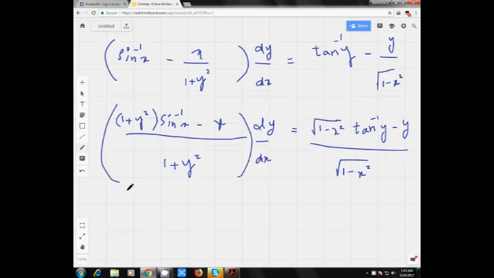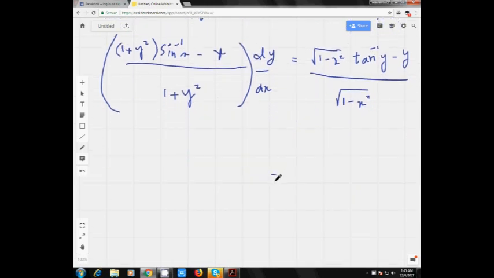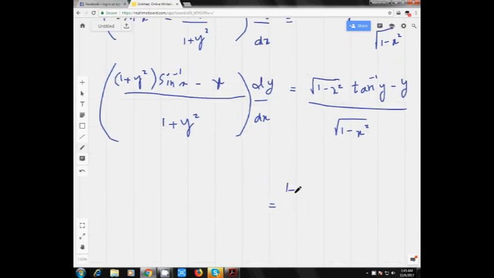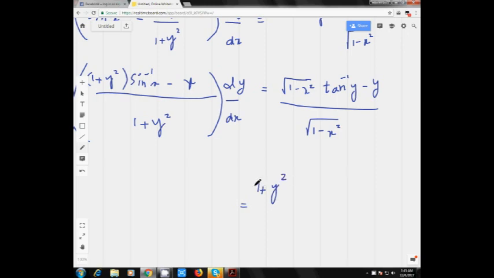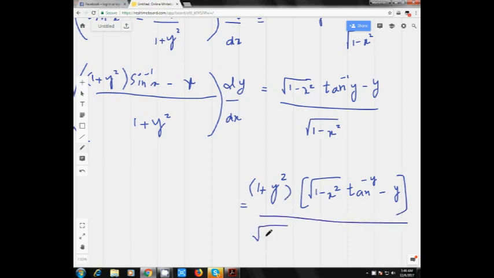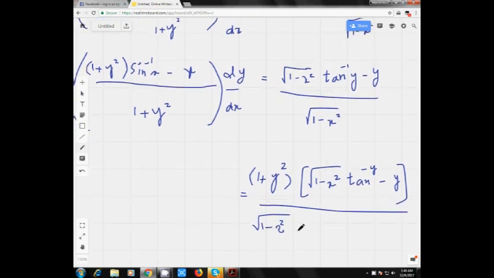In the final step you have to apply the cross multiplication. And you would get the final result: (1 plus y square) multiplied by the numerator, that is square root of 1 minus x square times (tan inverse y minus y), and whole divided by the denominator as it is, square root of 1 minus x square, multiplied by this quantity, that is (1 plus y square) sine inverse x